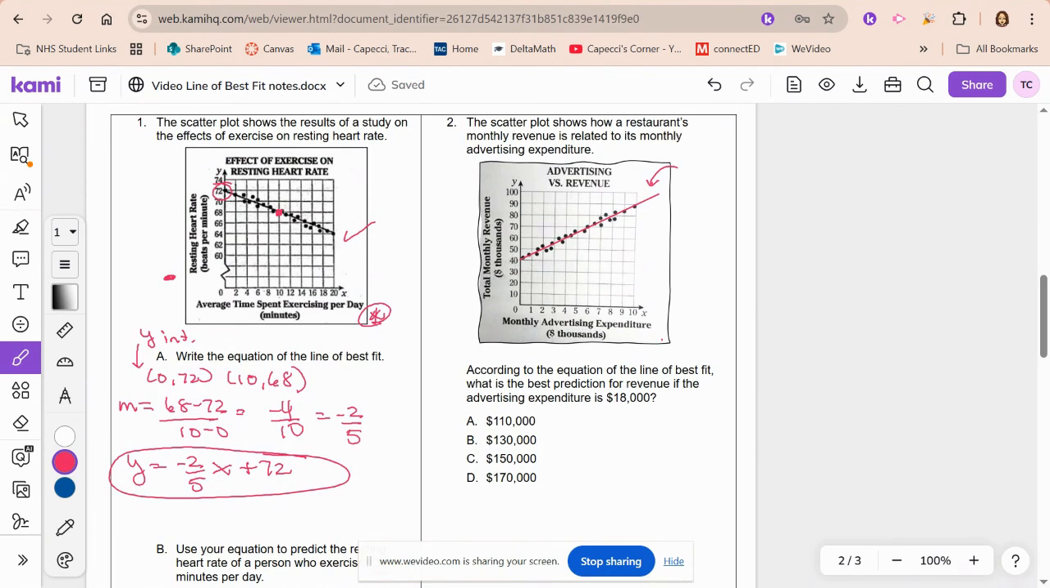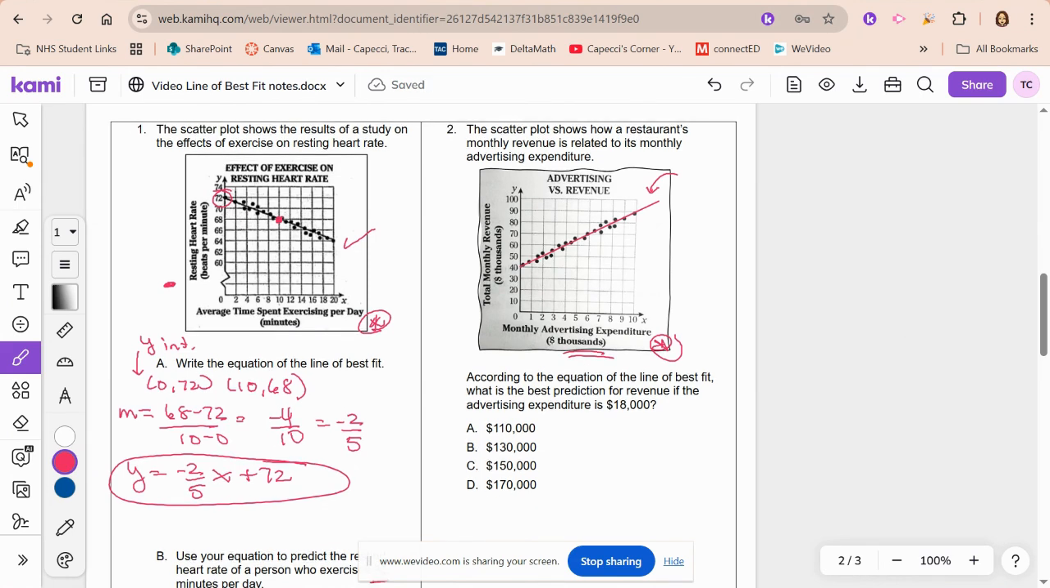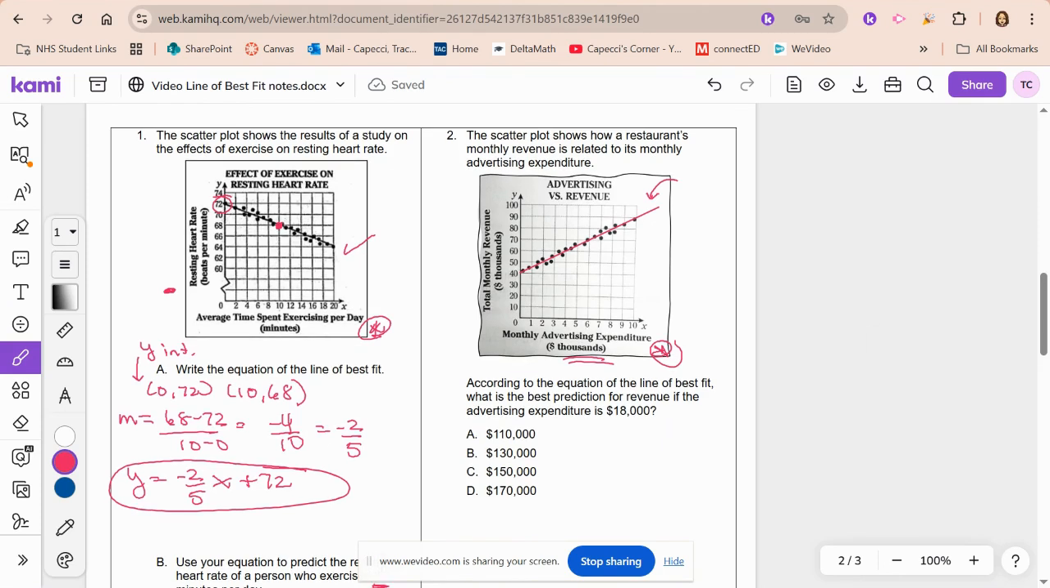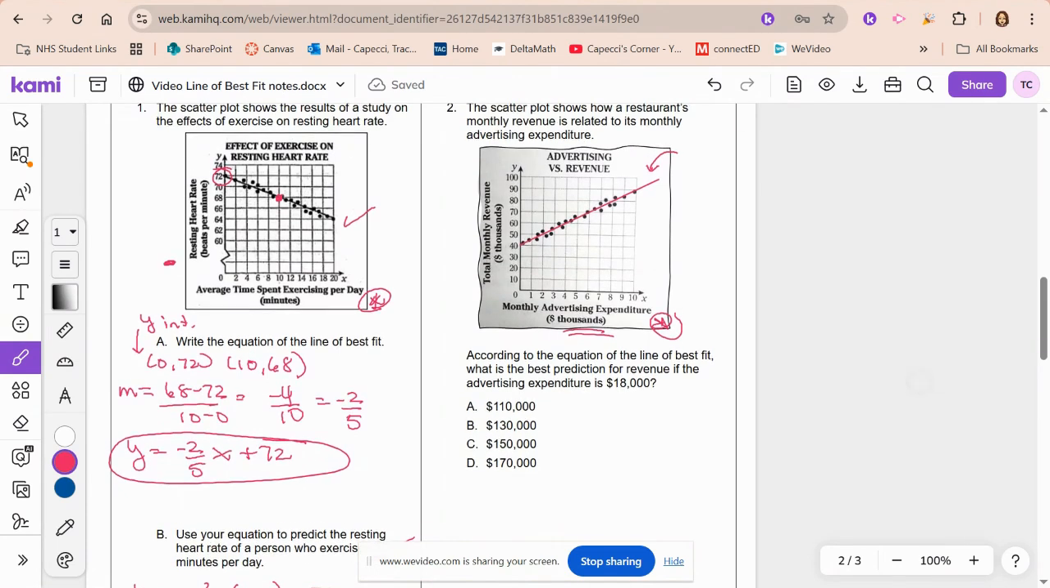This is monthly advertising expenditures. How much are you spending, in thousands? That's thousands of dollars, so when we see 10, it's not $10, it's $10,000. Total monthly revenue, again, is also in thousands. Okay, so according to the equation of the line of best fit, what's the best prediction for revenue if the